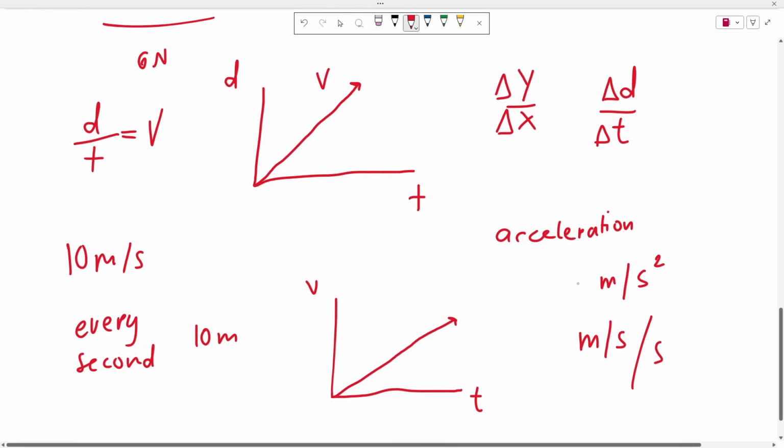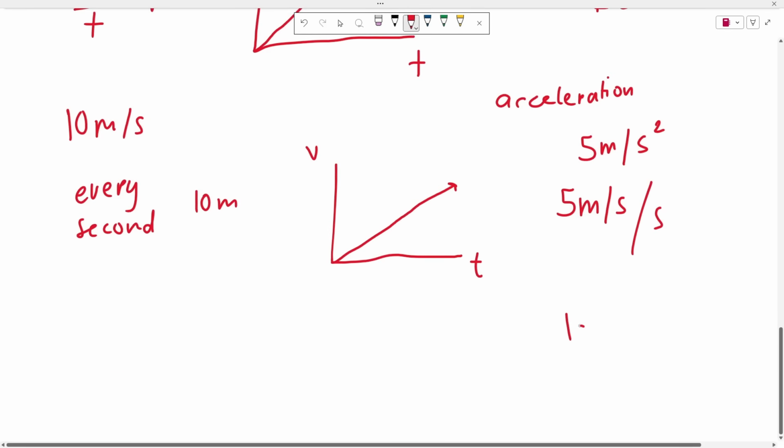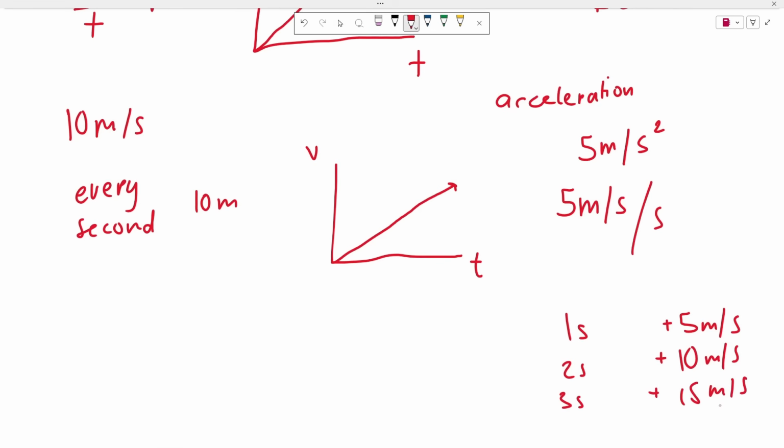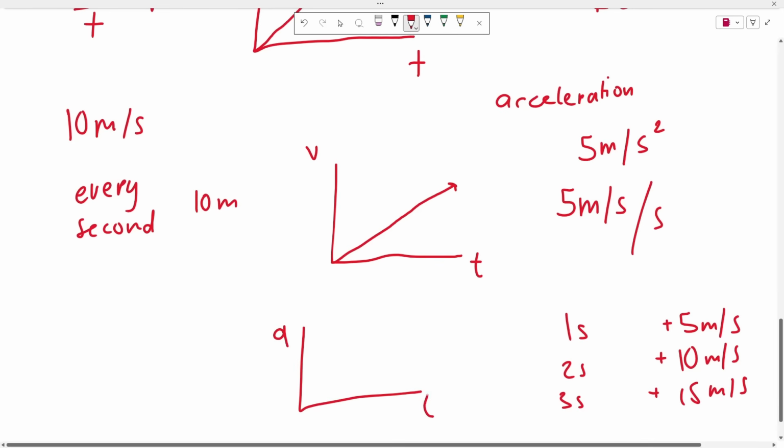So if your acceleration is 5 meters per second squared, or 5 meters per second, that means that every 1 second that passes, your velocity is increasing by 5 meters per second. Every 2 seconds that passes, well, your velocity has increased by 10 meters per second. Every 3 seconds that passed, you've now increased your velocity by 15 meters per second, so on and so forth, okay? So essentially, what happens here is if you were to plot acceleration versus time,